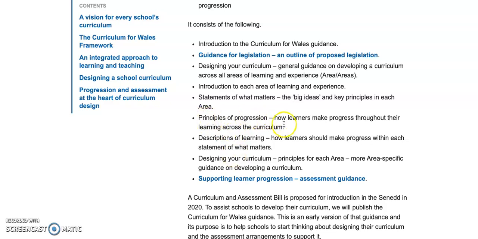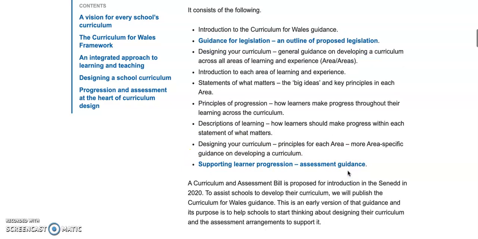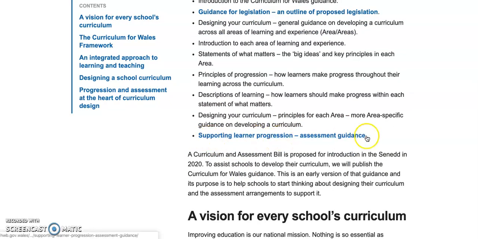The principles of progression, the 5 principles that are common across all areas of learning and experience. And it's important to have a good understanding of what they are, because this is the way in which we're going to think about and evidence learner progress across the curriculum. The descriptions of learning, which will describe how learners make progress within those 27 what matters statements areas, and then the Designing Your Curriculum guidance within each area of learning experience, and the Supporting Learner Progression Assessment guidance, which sits separately from the